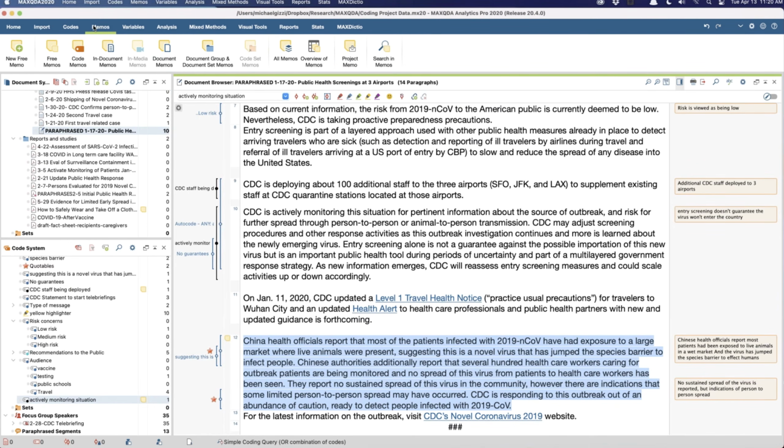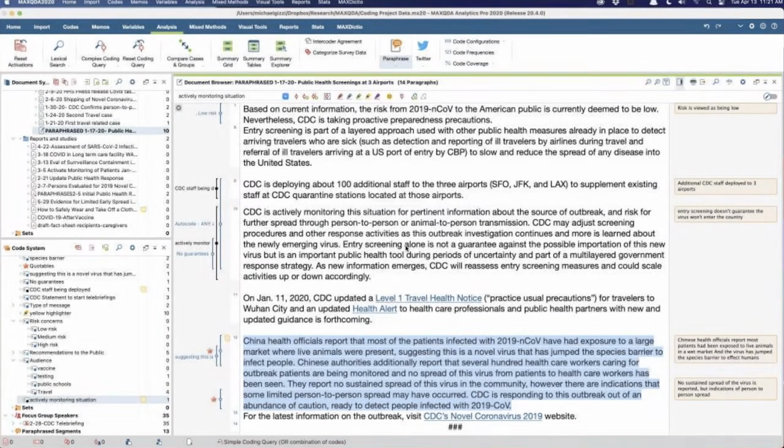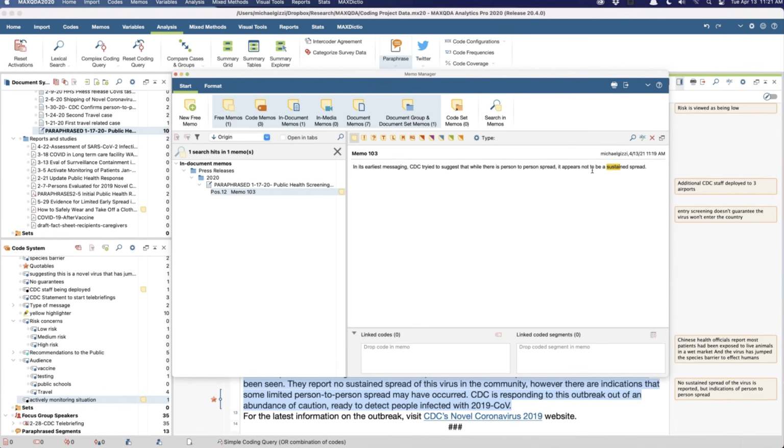I can do a lexical search of the memos and it'll find it.